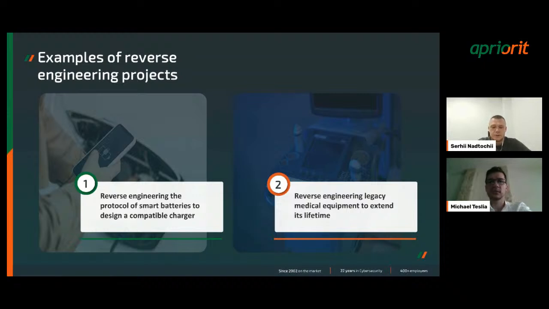They are good from a technical side, and we were involved in reverse engineering and analyzing its internal protocols, how it works with other devices and with the cartridges, and extending its lifetime to allow it to keep working and recharge the cartridges.